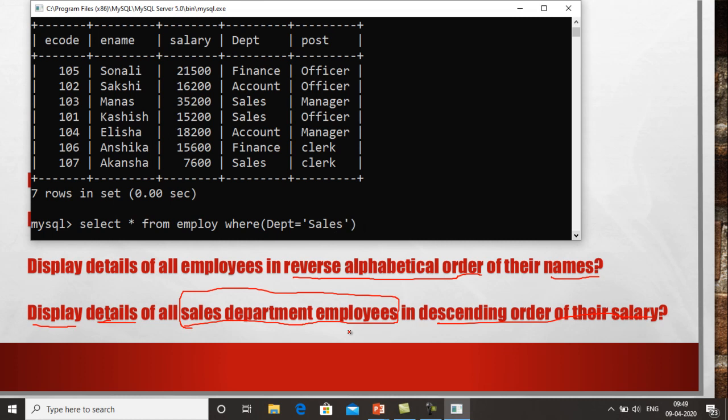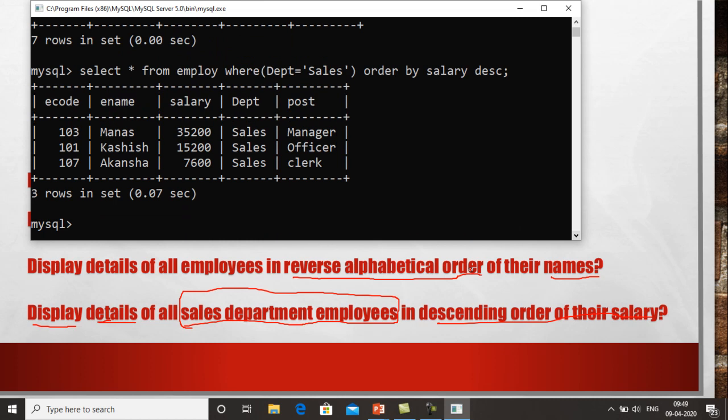So up to this we get the records of sales department employees only. Now whatever records of sales department employees are shown to us, we have to arrange those records in descending order of their salary. So after that I put order by salary DESC. As I told you, it is not necessary to put where with order by. Order by is a different thing, where clause is a different thing, but if a situation comes up in the question, then we have to use the where clause with it, right?